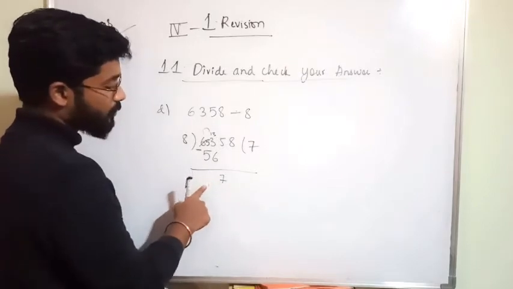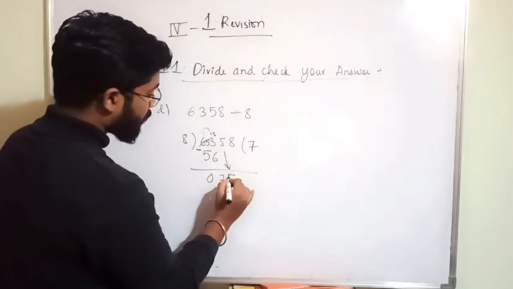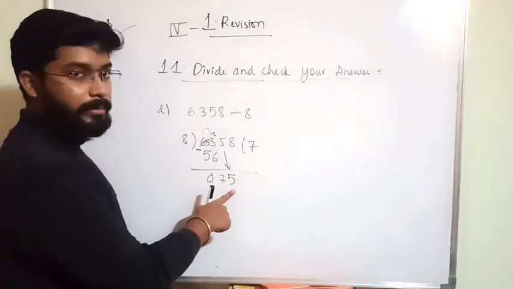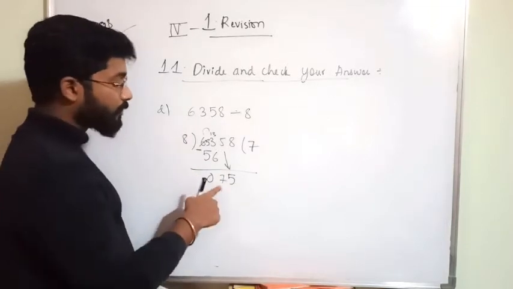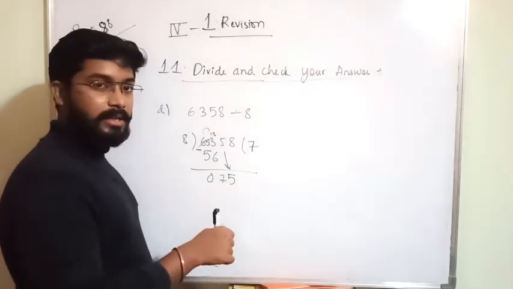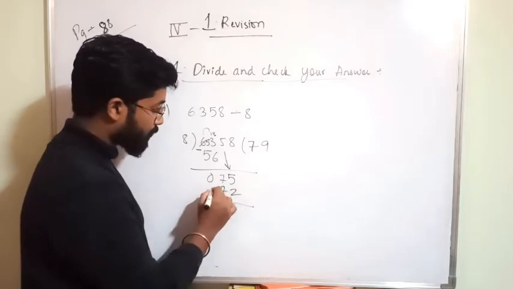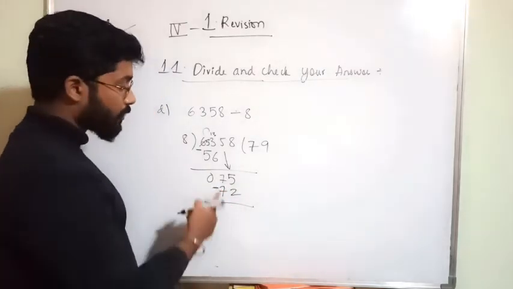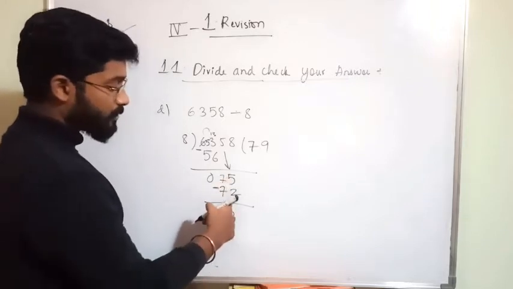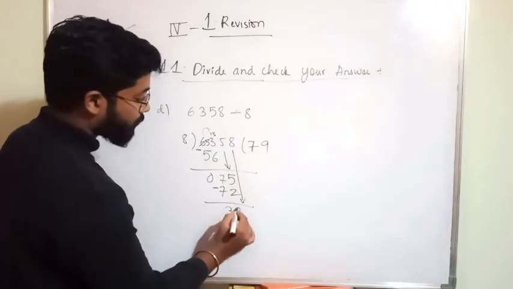Okay, this 0 is of no need. Writing it is also no problem. Then bring down 5. This number will become 75 now. In the 8 table will you get 75? No, but you will get a lesser number, that is 8 9s are 72. Clear? You will get 72. 75 minus 72 how much? 3. 5 minus 2 is 3. 7 minus 7 is 0. Okay, again bring down 8.